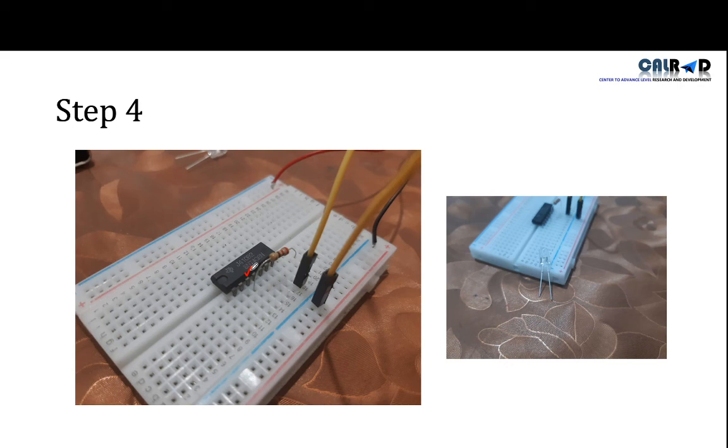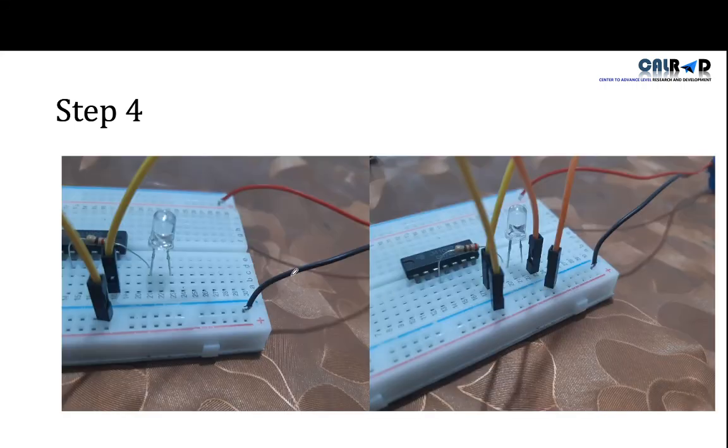So how we put the output? On pin 3 we connect our resistor, and the another side of resistor we put here, and because this we have to connect with our LED. So here you can see the LED. One leg of LED is larger than another one. So this means the larger leg is positive and the smaller leg is negative. So here we put the LED so that the negative is connected with the resistor and positive is connected in new hole, and this hole should be connected with the negative or a ground terminal.